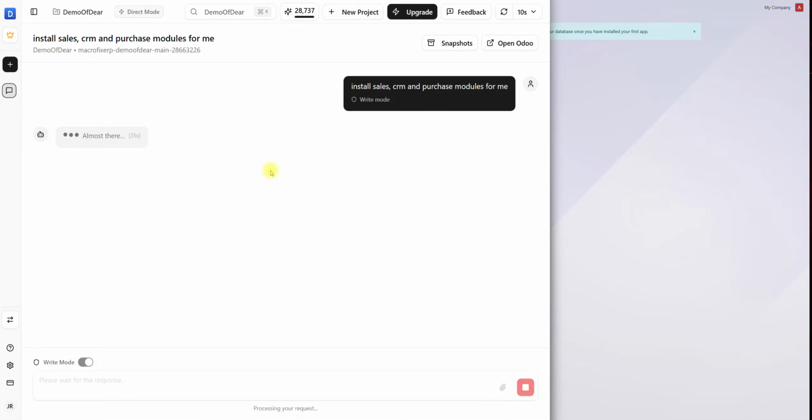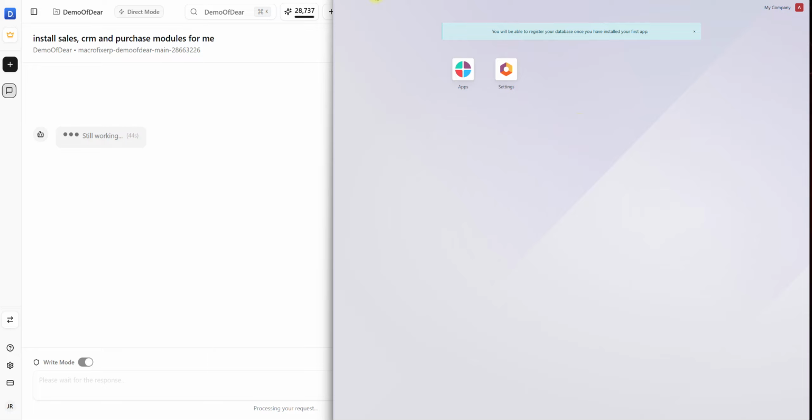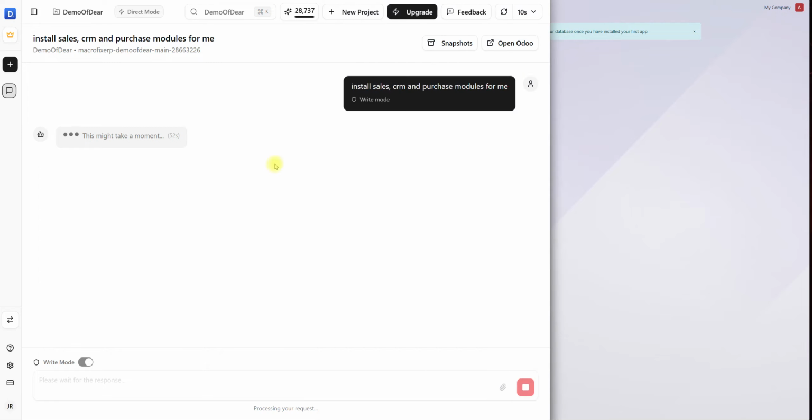So yeah, let's wait for a minute or so. In the meantime, we can also just refresh and continue doing the task that we are doing here. Direct mode offers one more mode called write mode,